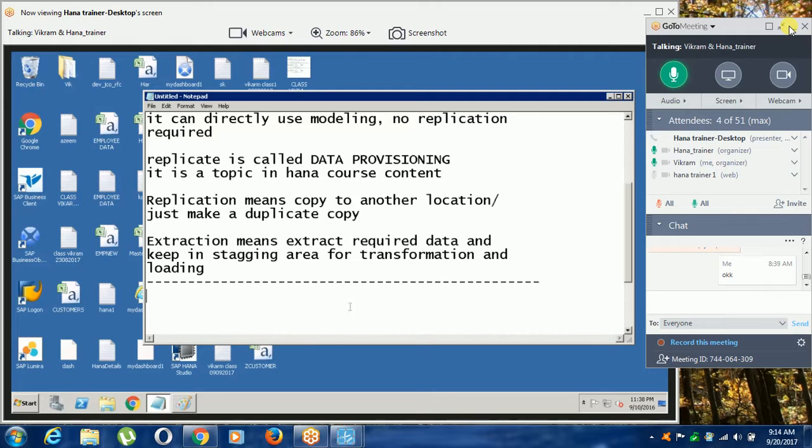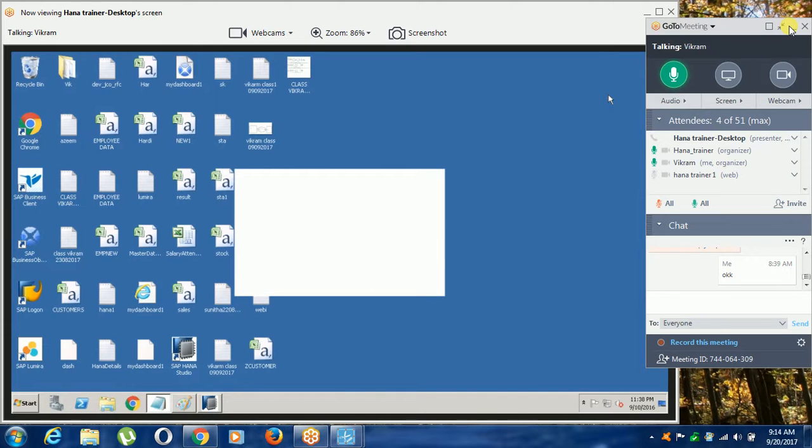But first of all, have you created any schema in HANA? Recently, no, because for a long time the server was not working. No, no, it was working. I said I log in, sir. You logged in many times, but it was saying the credential was wrong. That's the reason I ask you.